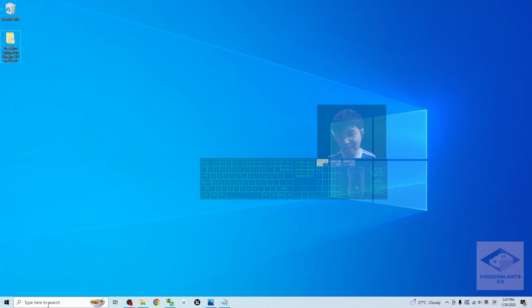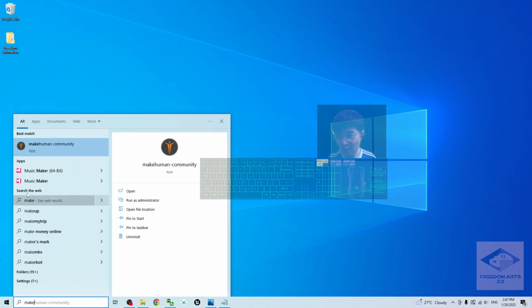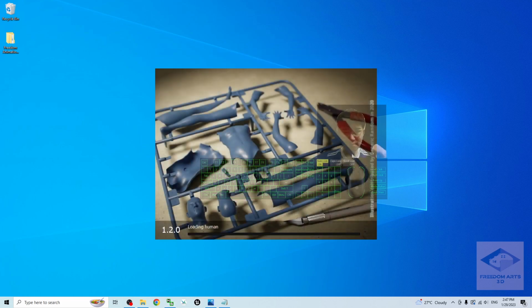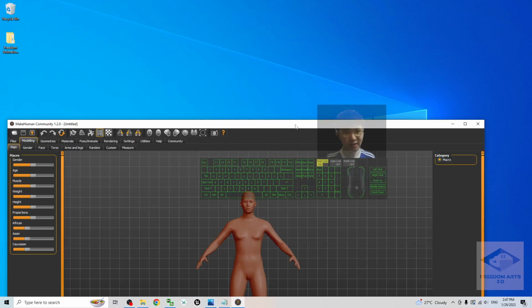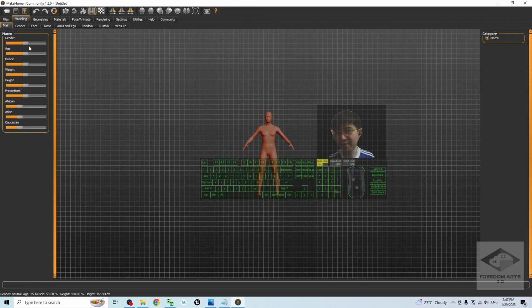First, you have to install Makehuman on your computer. Then open it, the Makehuman Community. First, we are going to design a new avatar in Makehuman. As a demo, I will show you very fast. All right, first of all, this is the